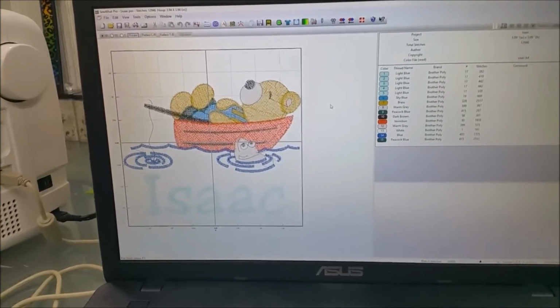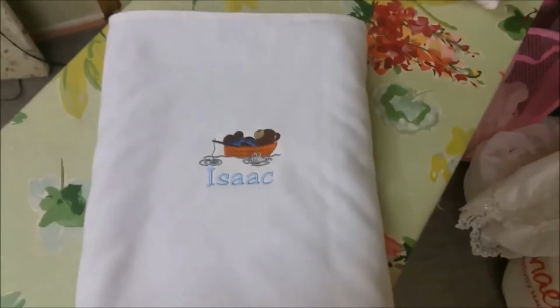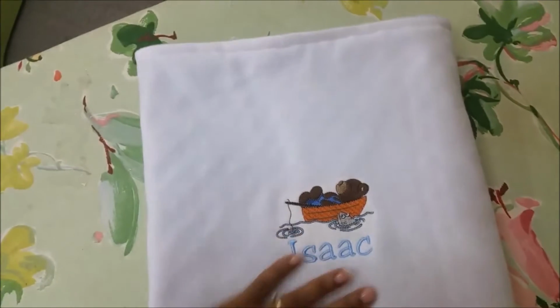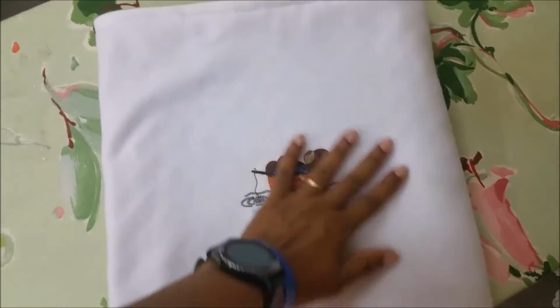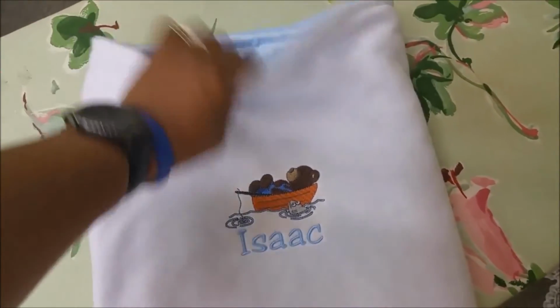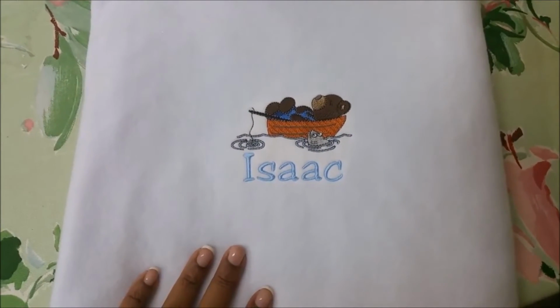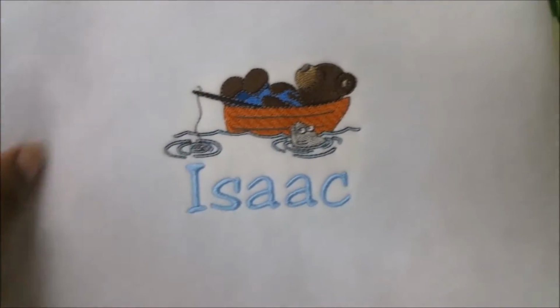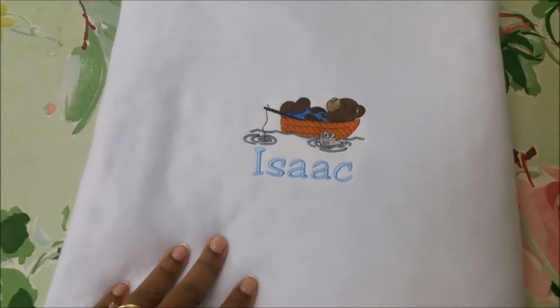So to show you the end product, this is the end product. It's a blanket, and this is a fleece on the top side, white fleece, so that the embroidery design will stand out better. And then on the inside is the bubble fleece, which is super soft and silky against the baby's skin, and it's a popular choice for baby blankets. But this is the design here, and like I said, it took about 40 minutes roughly to stitch all the way out. I don't know if you can see it really well, but I think it turned out pretty good. But the whole point of me doing the video is to show how